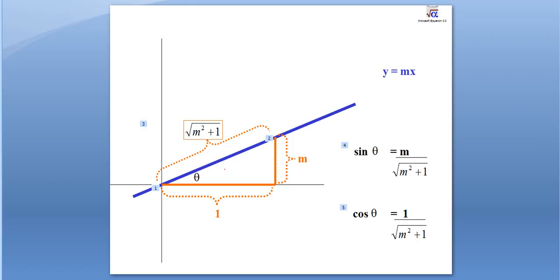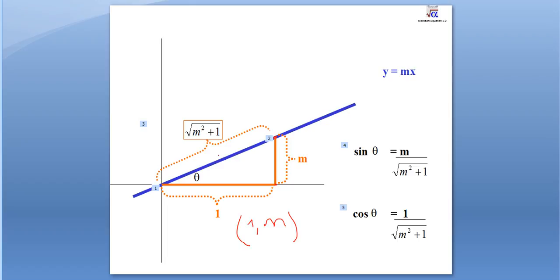and what I do is I draw the line, and the line is y equals mx. Okay, so I'm going to consider this point here and this point here. Okay, so I'm going to consider this 1 and this m. Okay, so at the end of the day what I have here is the vector (1, m), right? Okay, if this is 1 and this is m,